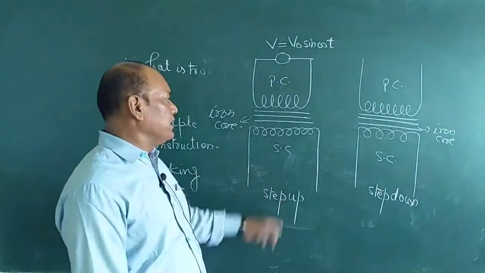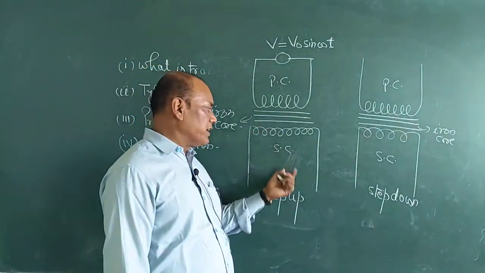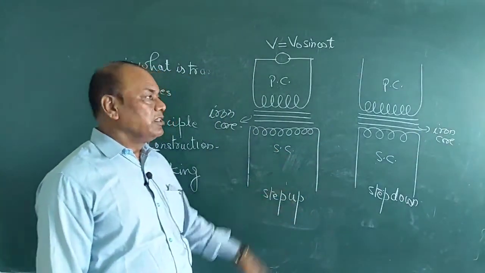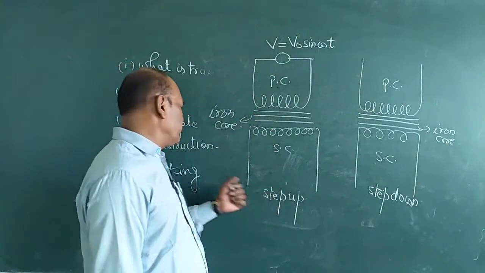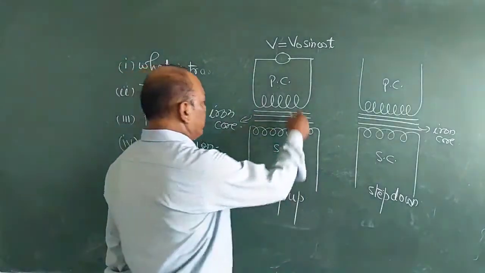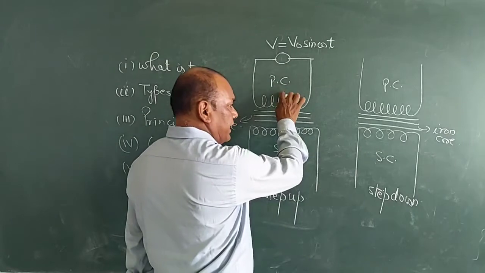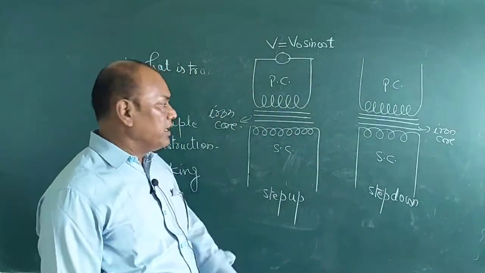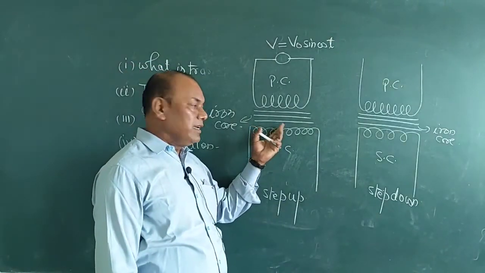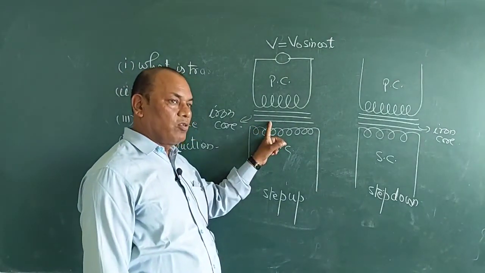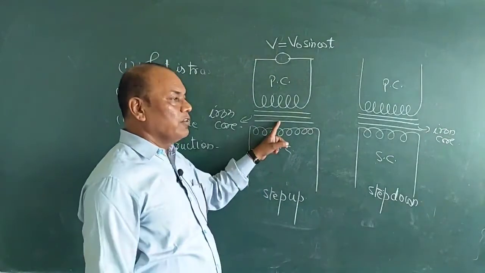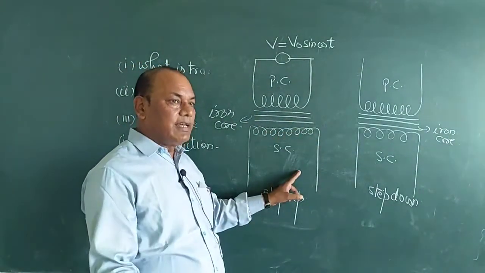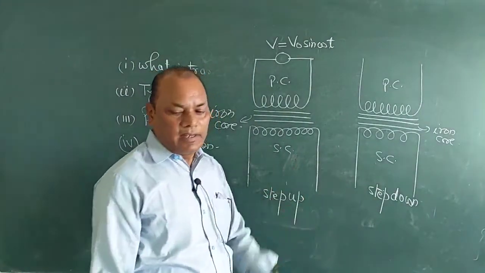So we can say that magnetic energy is converted again into electrical energy in the secondary coil. So this is the working function of this transformer. This means electrical energy supplied in the primary coil is converted into magnetic energy in the iron core, and this iron core changes magnetic energy into electrical energy in the secondary coil.